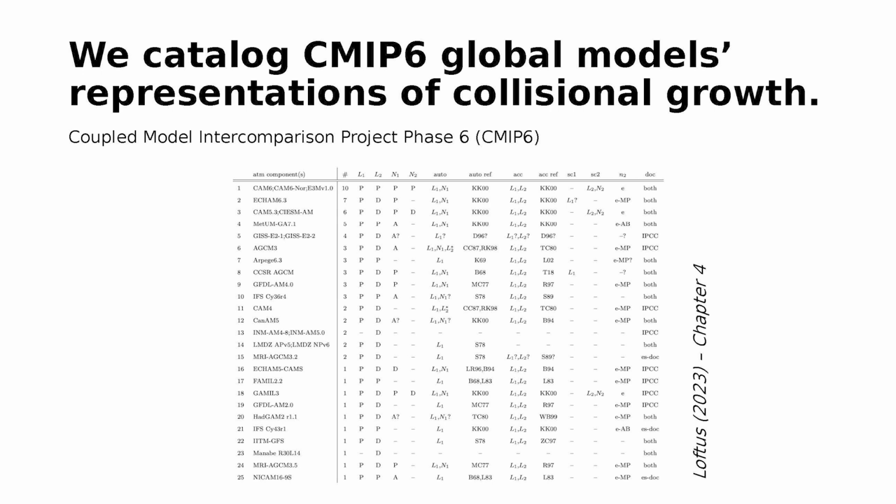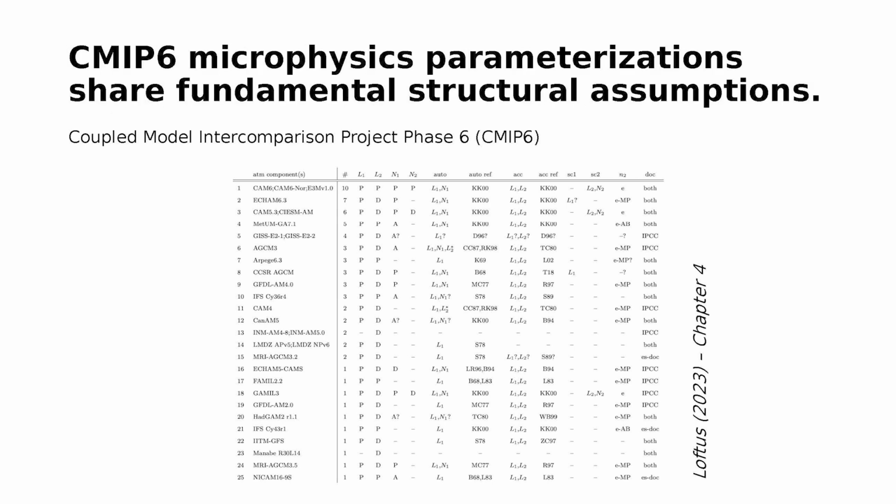And so in the face of these consistent biases, we decided to take a look at what CMIP6 models are actually doing to parameterize collisional growth. So here's a table that I'm sure none of you will be able to read, but you can see it in my thesis if you're interested, or talk to me later. And basically what we find is, even though on the surface there seems to be a lot of structural diversity,